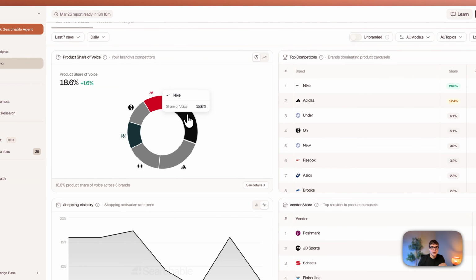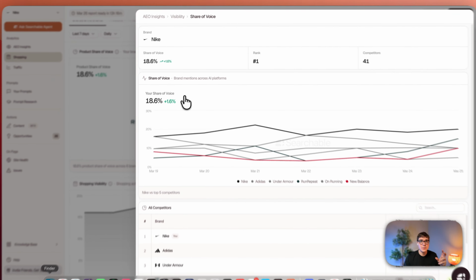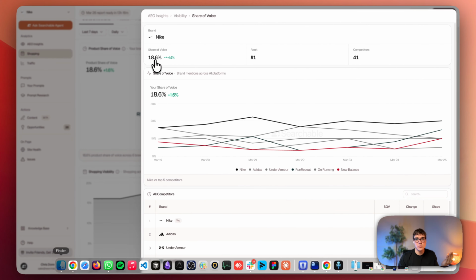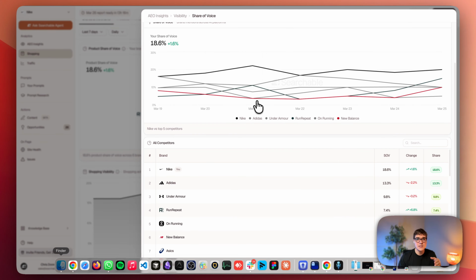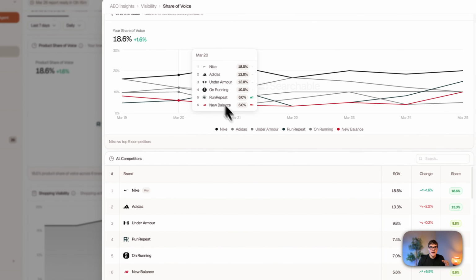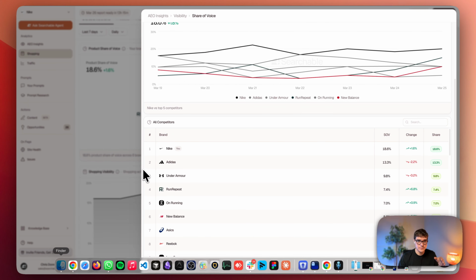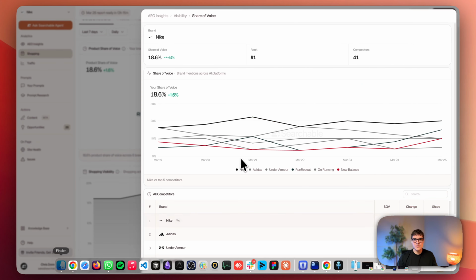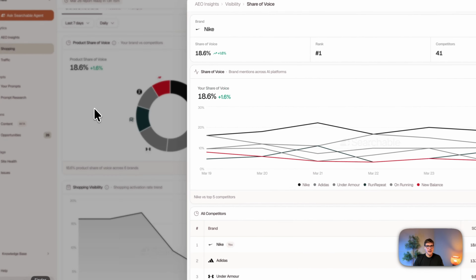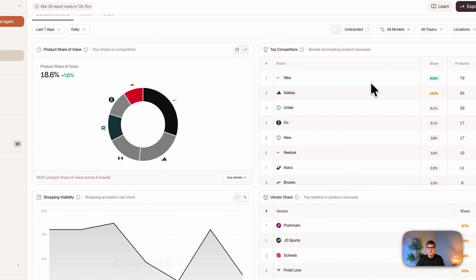Moving back to the pie chart view, you can actually click on these to open up an individual segment. So we're looking at the brand segment now with a share of voice of 18.6%, rank of number 1 against 41 competitors. You can look at the share of voice over here, where you rank on a chart view. And once again, we can see we have Nike, share of voice change at 1.6, and the share of the segment that they occupy, should I say rather, is 18.6%. So once again, incredibly useful information here on the slide out screen, and once again illustrating that each of these elements has a way to target down.